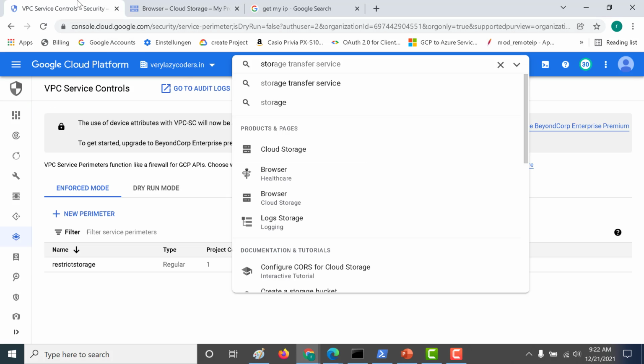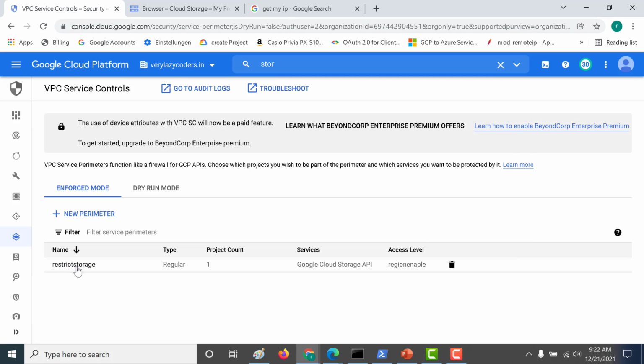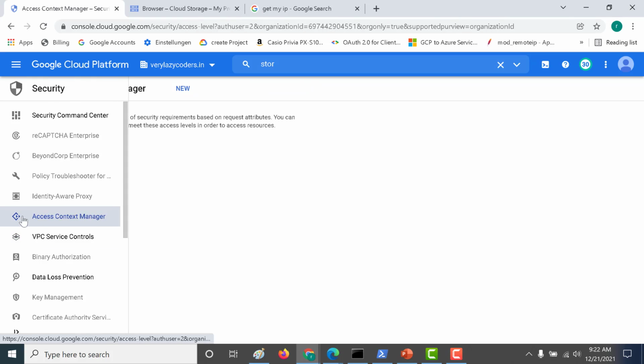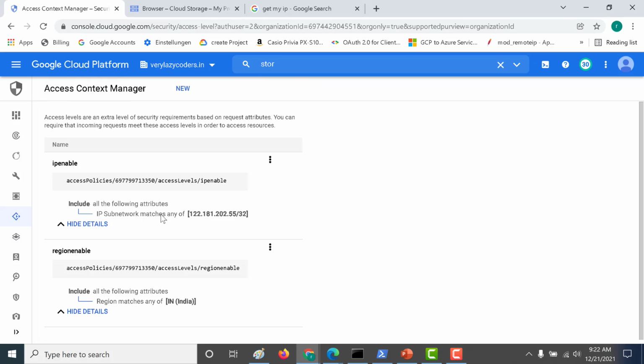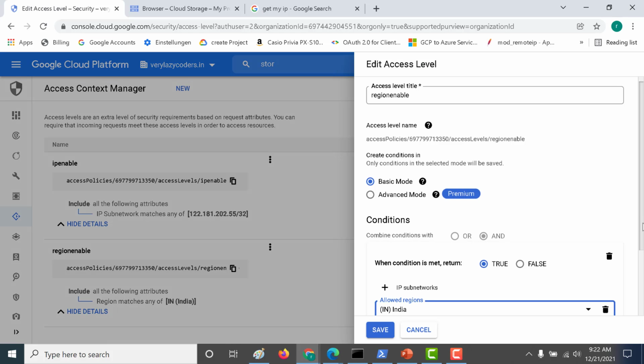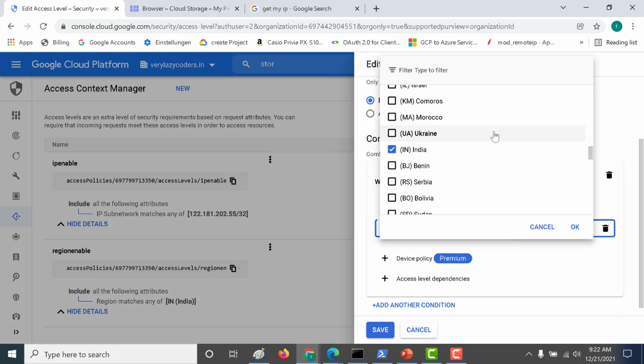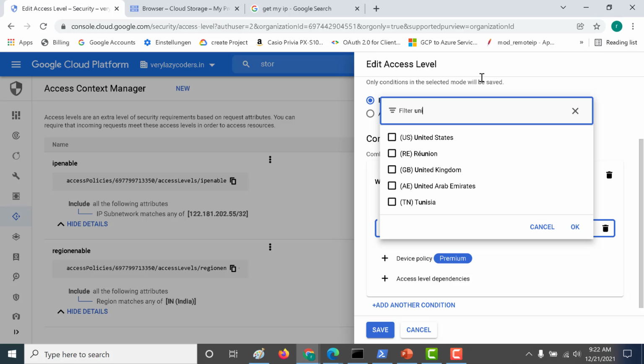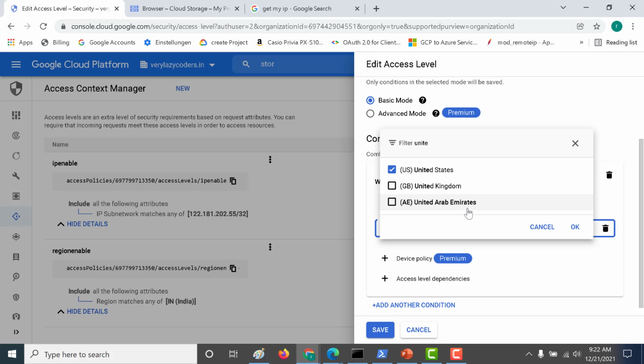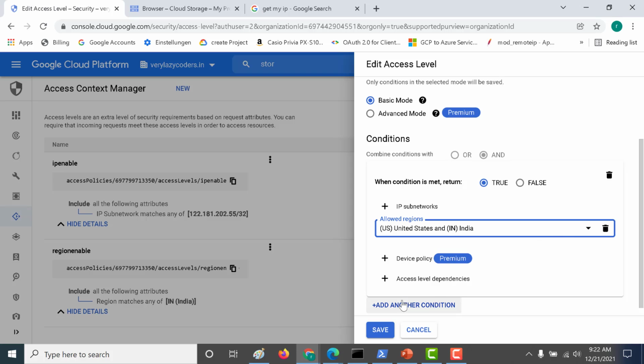The last thing that I'll do is change this to another region to make sure that it actually works. So let's go back to our Access Context Manager and change it to some other region. Let's click on edit and just make this United States. Let's click on OK.